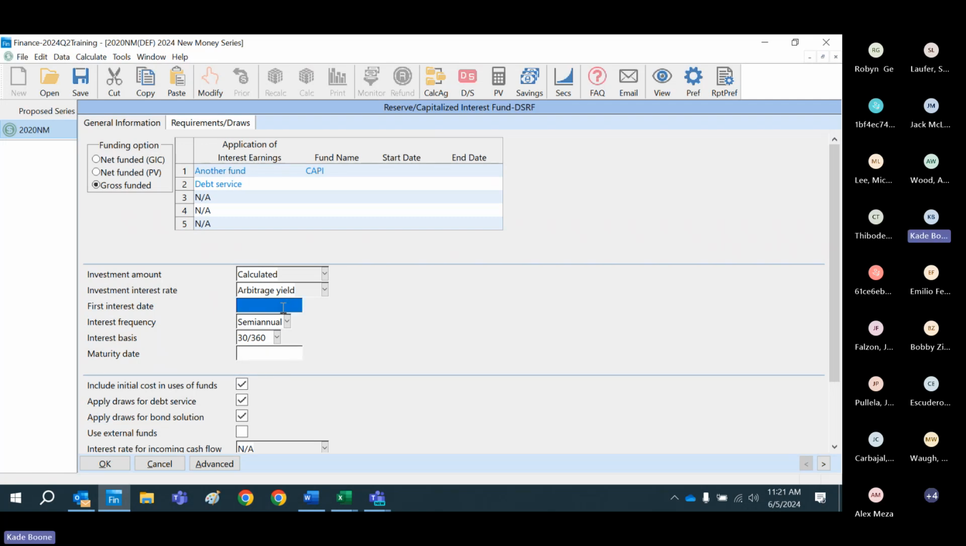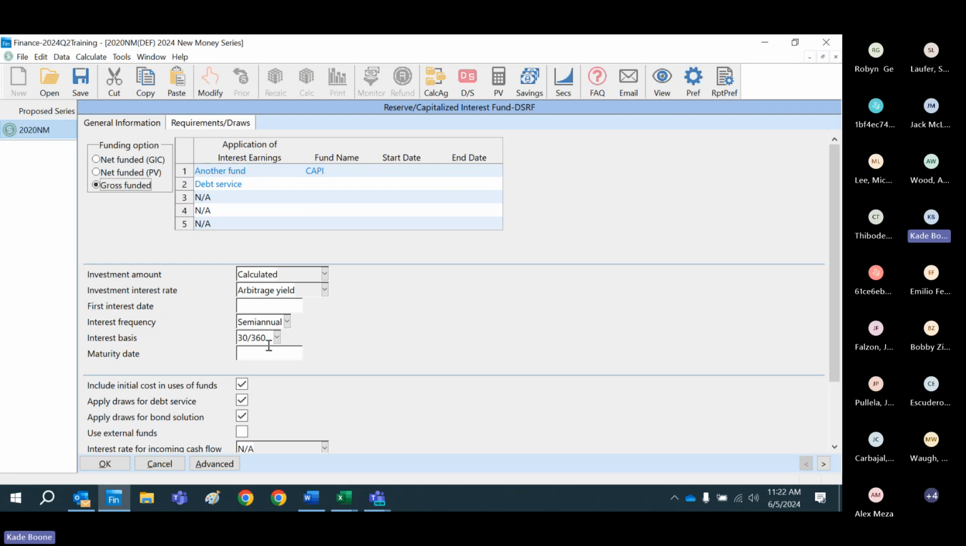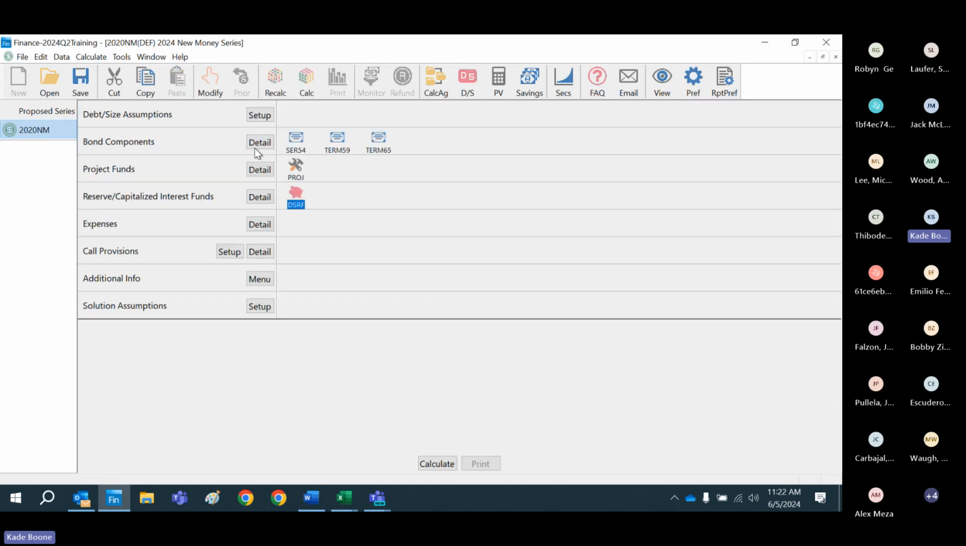So in this case, 61, 65. If I delete that term bond, it'll be, was it 59? Yes. So anything you hard code in, just remember that's set unless you unprotect or you hard code in a different amount or different date. Cap I,